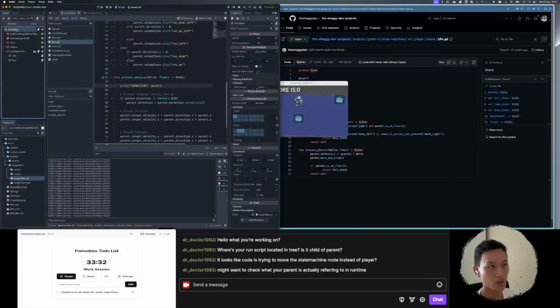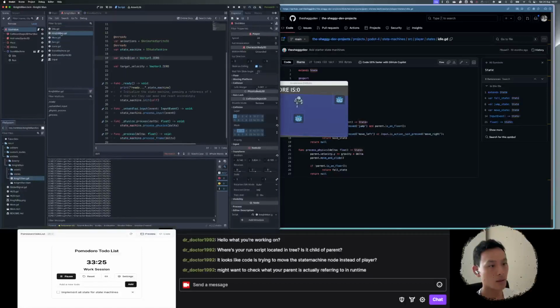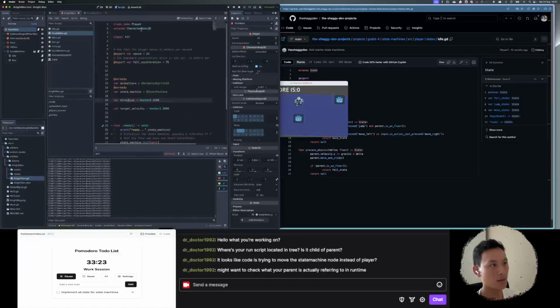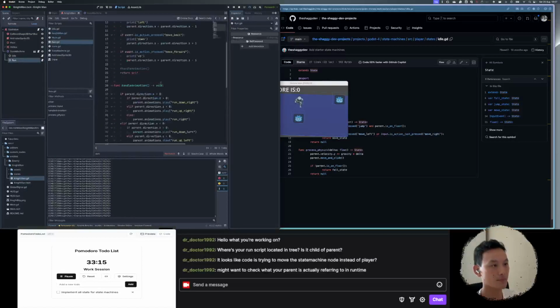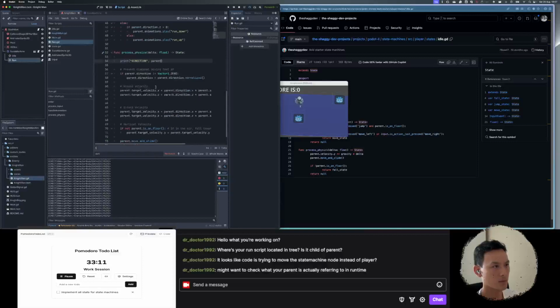That means it's referring to this, right? So this is Nightman. That's my character body 3D. So it's definitely got the right reference, right? I think I have. So assuming that is right,